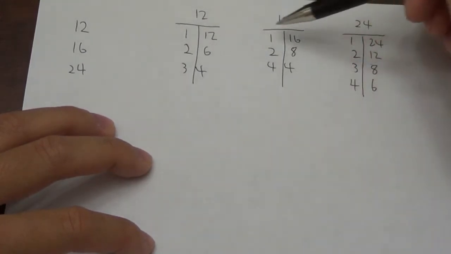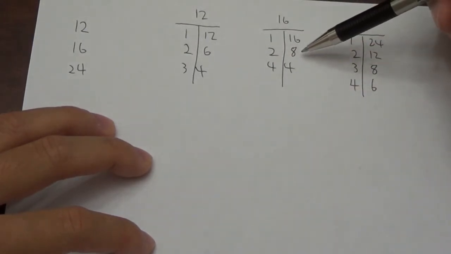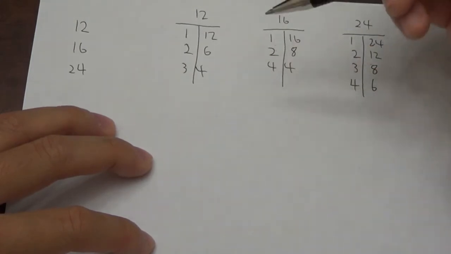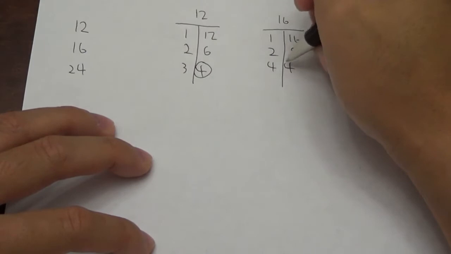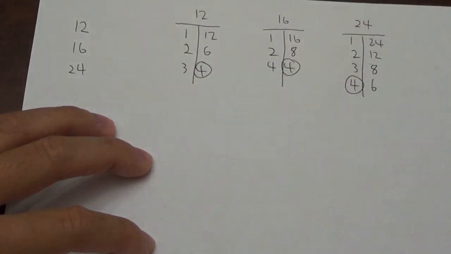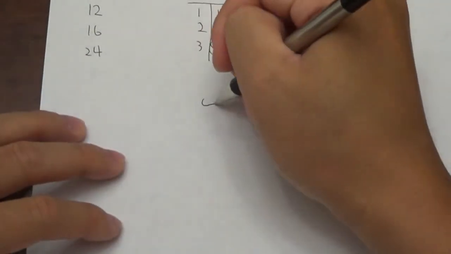Okay, so 12, this one doesn't have it, so I can move to the next one. 6 does not have a 6. All right, 4 has a 4, and this one has a 4, so that would be my greatest common factor. All right, and that would actually be my answer for